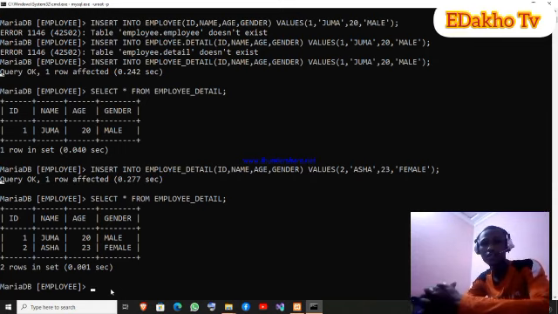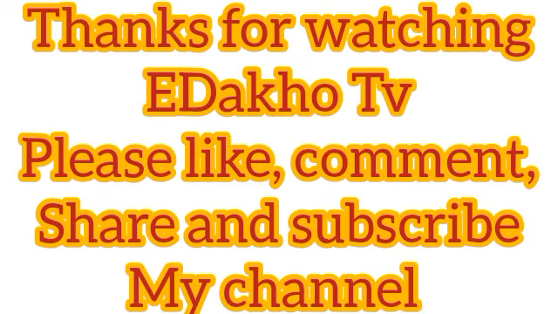Now that's the simple command on how to work in CMD. In the next session you can proceed on how to navigate with SQL commands in